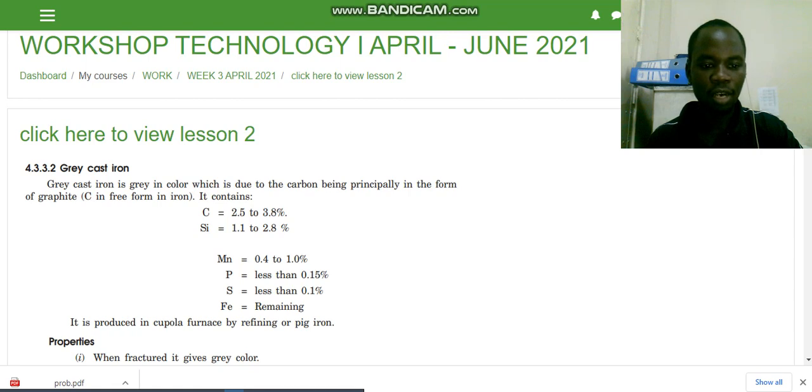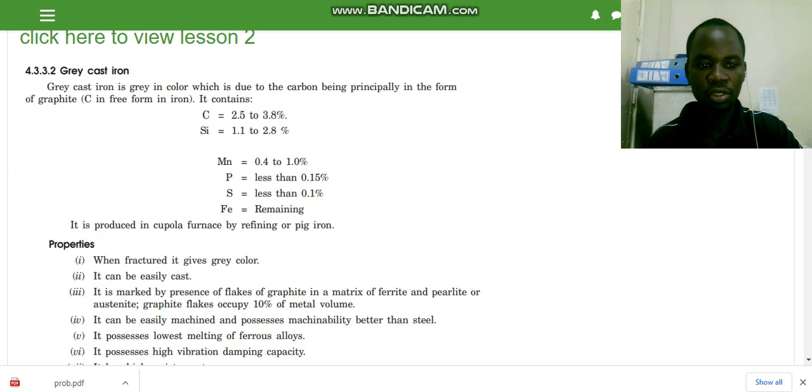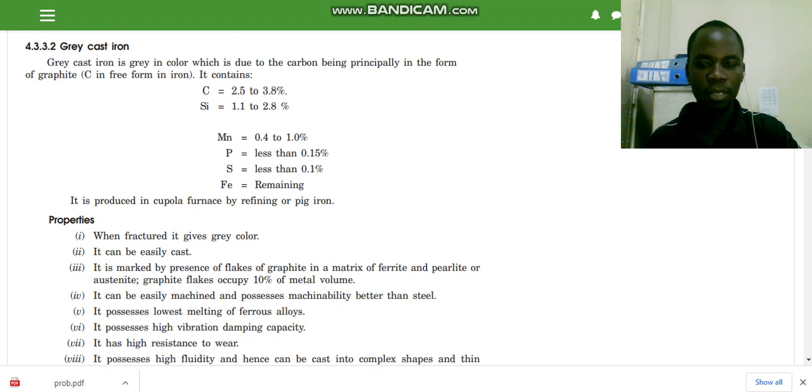So what are the outstanding properties that make this kind of material useful in the engineering field? One property is that when fractured it gives a gray color. So this is how we can remarkably identify it from other types of materials. It can be easily cast, that is, during the casting process, when you heat it and it becomes liquid, it can flow. It has fluidity so that it flows to form the new shape that you intend for it